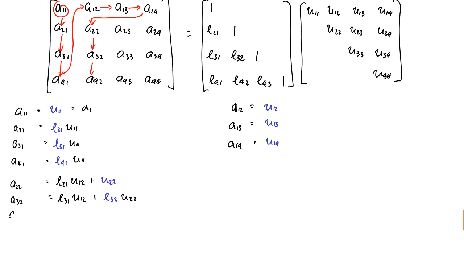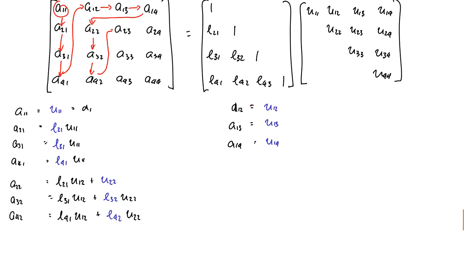And finally, A42 is going to be equal to this one here, so L41, which we already know, times U12, which we already know, plus L42 times U22. Okay, so that's given us 3 new entries, and once again, if we're doing a general LU, we then go